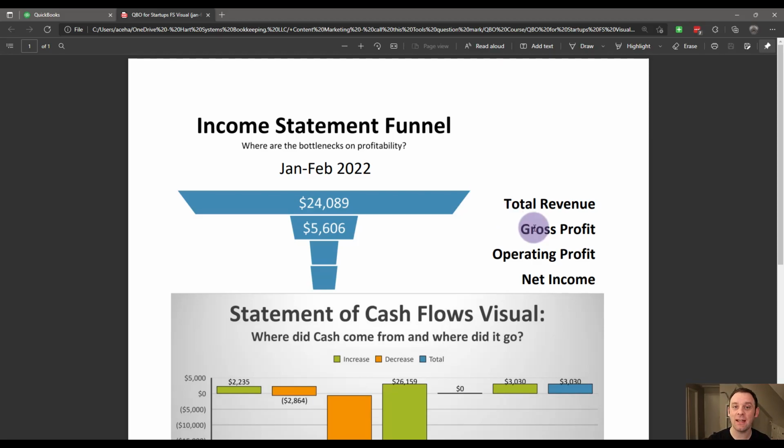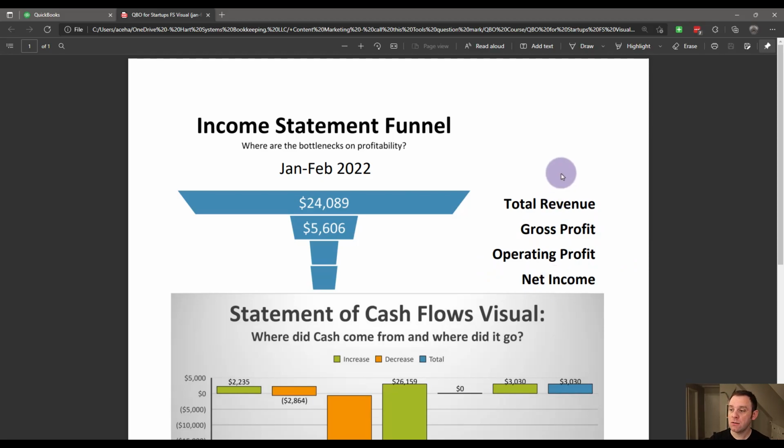Now, let's make it come alive. All right, now that we have that overview done, let's go through it one more time, adding a new layer to it to really understand what we're seeing here and where we would go on our reports to change it. Okay, so our income statement, again, is our total revenue through gross profit, operating profit, and then finally at net